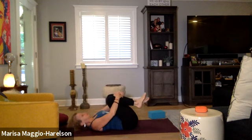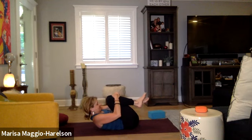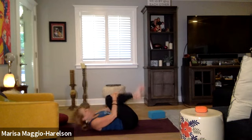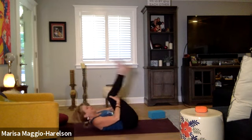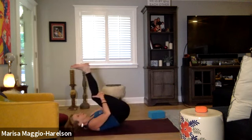Coming back to center, knees into your chest. And I want you to round the spine, bring your forehead to your knees as close as you can. Giving yourself a nice little hug. And then take your hands underneath your feet, underneath your knees, on the back side of the knees. I want you to gently take 3 to 5 times to just try to roll yourself up as best as